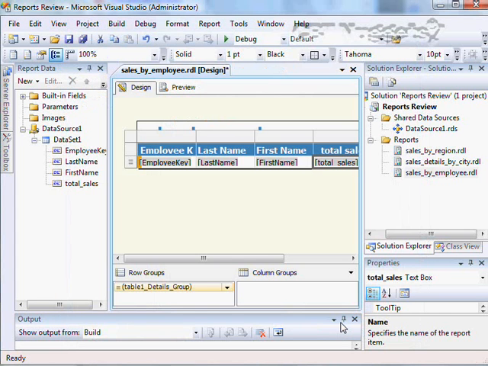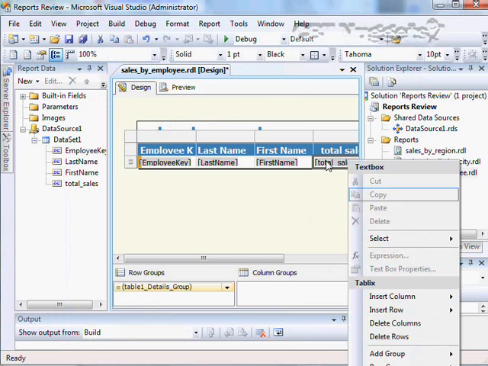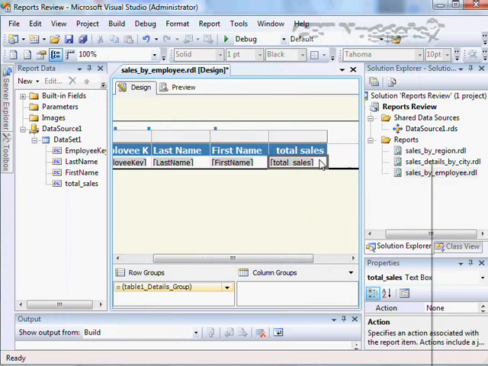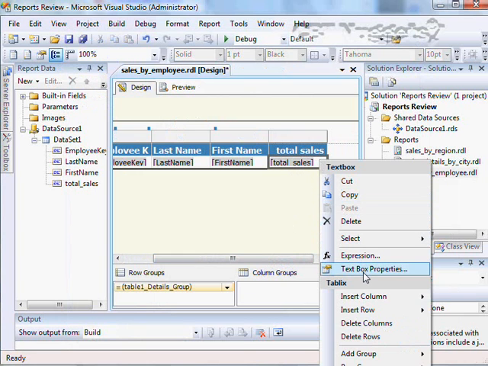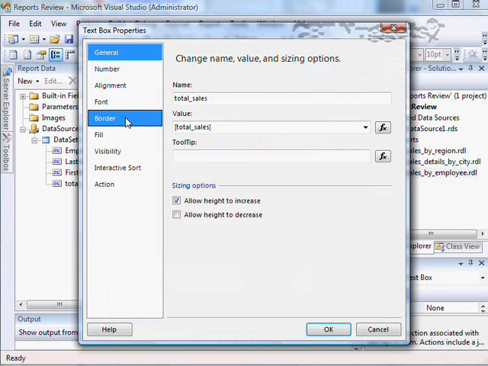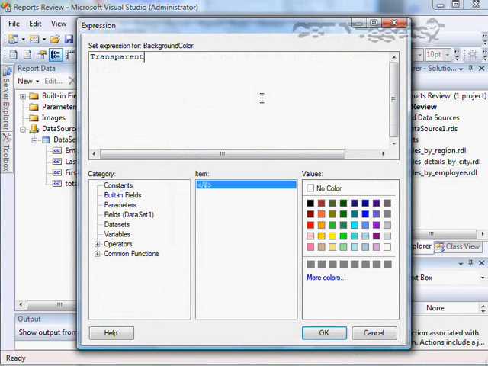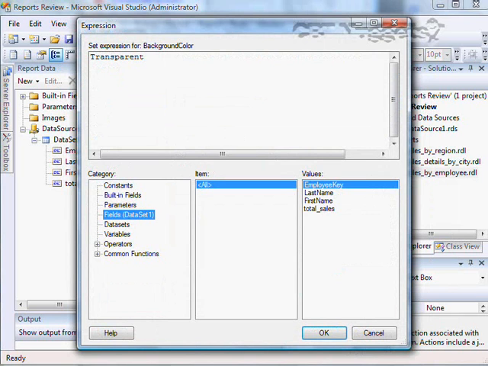Now, to use this function, well, the background color that we want to highlight is this little rectangle in here. So let's right-click on it. I'm going to move over here a little bit, and let's go ahead and right-click on here, and we can go to text box properties, and we're concerned with the fill color. So instead of saying no color, we go into the expressions here, and you'll see that we have this field called total sales. If we double click on there,